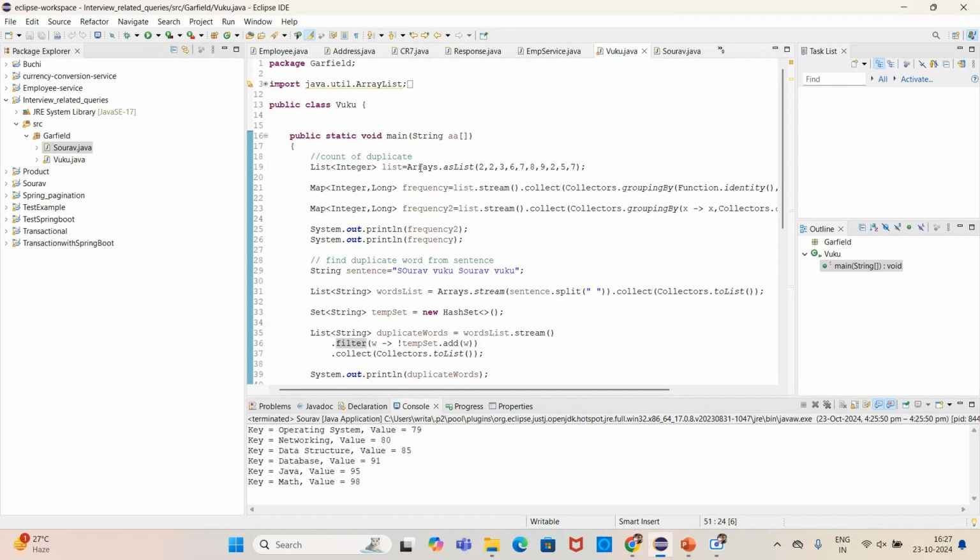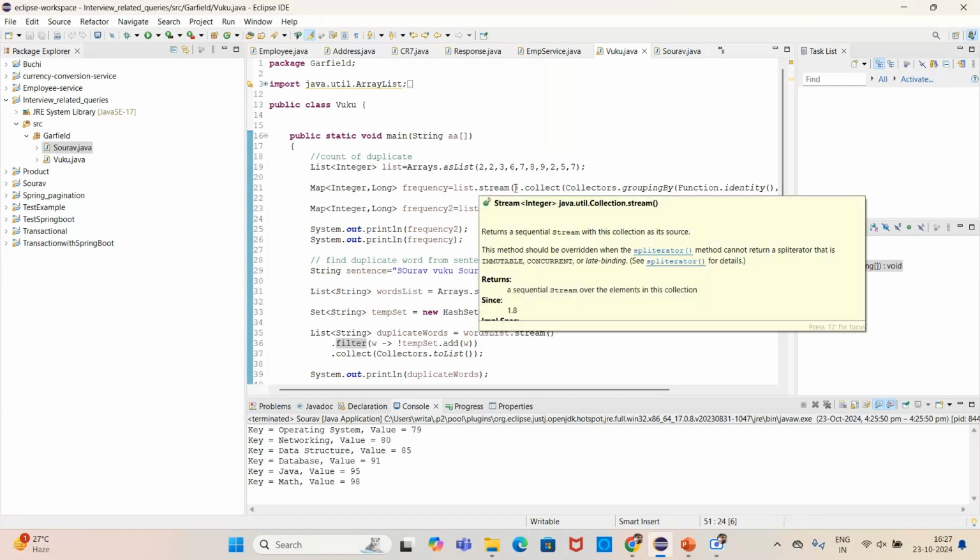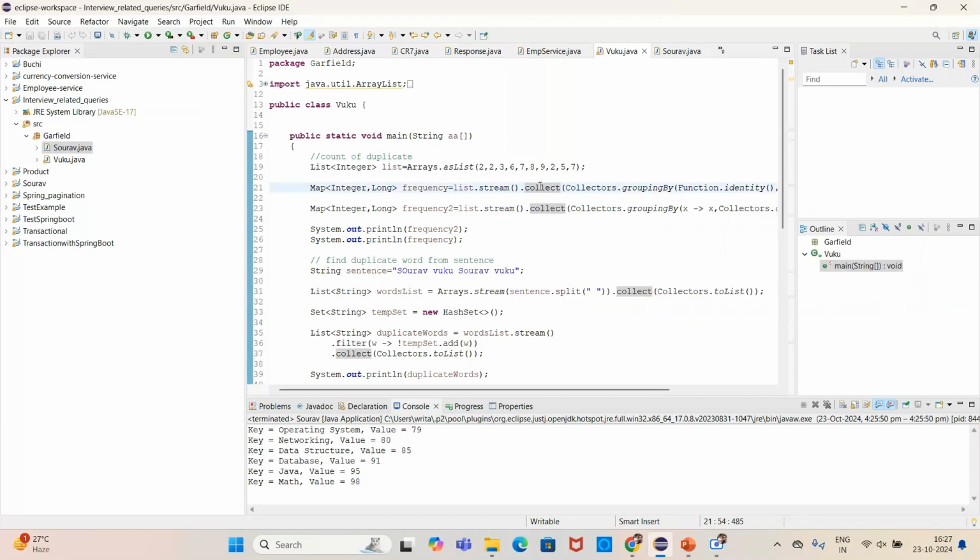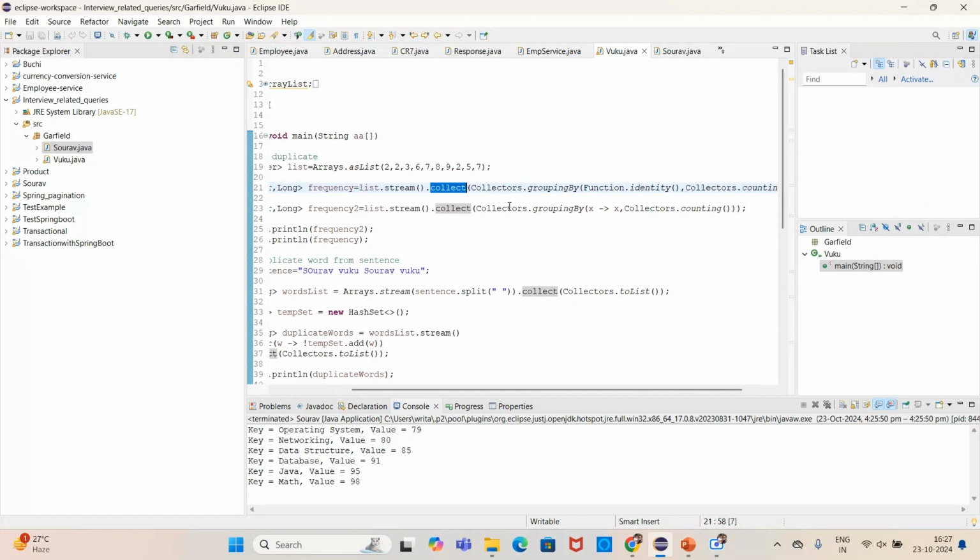What you can do, first you can convert the array into a list using Arrays.asList. Then you can convert the list into a stream, and then there is one terminal operation called collect. Inside the collect, you can use Collectors.groupingBy. This groupingBy is nothing but the group by operation in SQL. So in SQL, whenever we are trying to get employees group by department or students group by department,